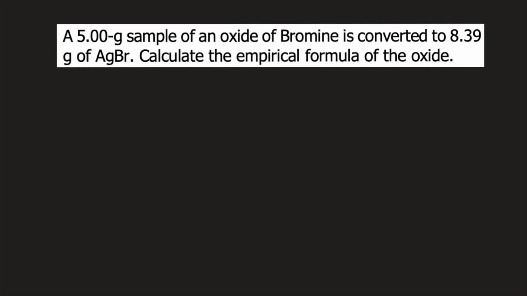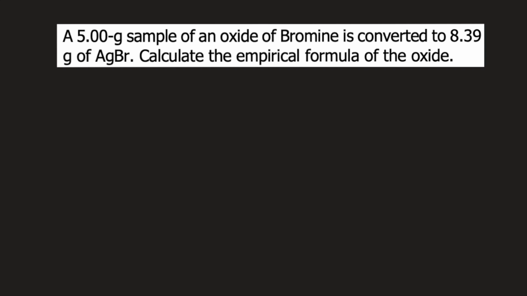A 5-gram sample of an oxide of bromine is converted to 8.39 grams of AgBr. Calculate the empirical formula of the oxide. So what is common between the oxide of bromine and AgBr? Well, both of them have Br, or both of them have bromine. So what we need to do is to find the mass of bromine present in both the oxide of bromine